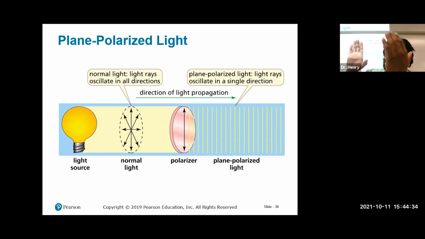polarizing the light, in that sense, because you have that single electron that's doing it in that circumstance. Here, normal light is going all directions. We're using a polarizer. The polarizer is orienting the light, so it's going in a single direction that is being propagated. So that's why you're getting, in this case, normal light spread all over the place. Polarizer, the little light rays going in all the same directions in a single direction.